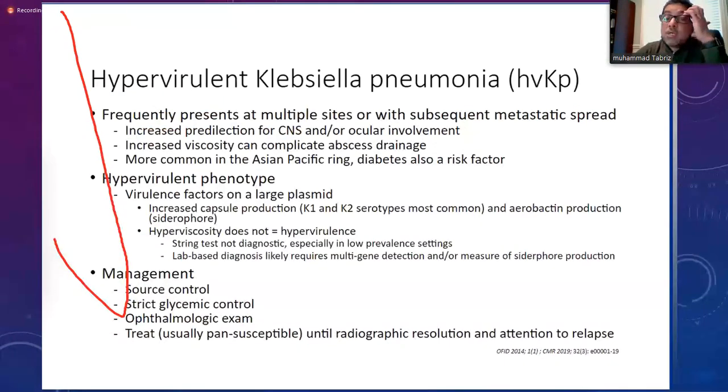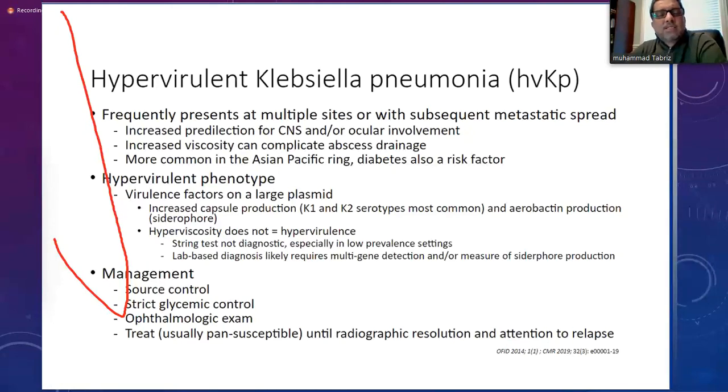So what is hypervirulent Klebsiella pneumoniae? There are two different types. As I said, regular Klebsiella pneumoniae is called classical Klebsiella pneumoniae. Hypervirulent Klebsiella pneumoniae is common in the Asia Pacific area, but because of travel, we're seeing other parts of the world also. It is a very virulent organism because of this viscous structure that the capsule produces, and also because of other genetic factors such as aerobactin production, which is basically a siderophore, an iron chelating agent. Without going into further details, the characteristic of this hypervirulent Klebsiella is that it has a propensity to cause abscess in multiple sites